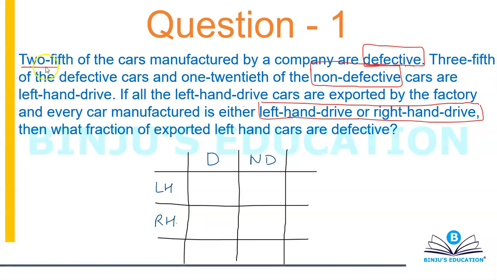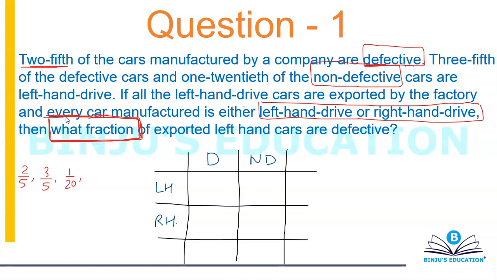So I have 2/5, 2/5, then 3/5, then I have 1/20th, and nothing else is mentioned. Now interestingly, if you're going to observe this, in the question also they have asked about the fraction. If they have given all the information in terms of fraction, they will not ask you question in terms of an absolute value. They will also ask you question in terms of a fraction or a relative value. Okay, so you are safe.